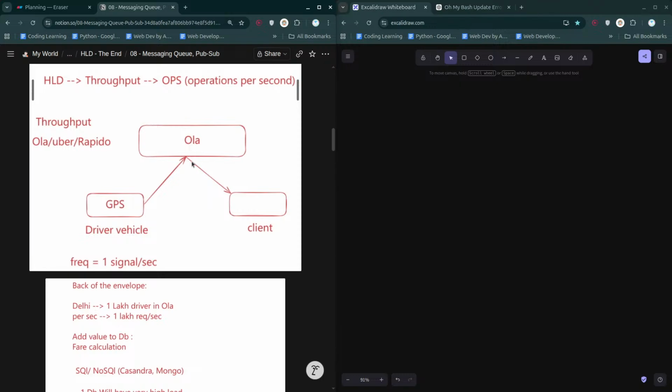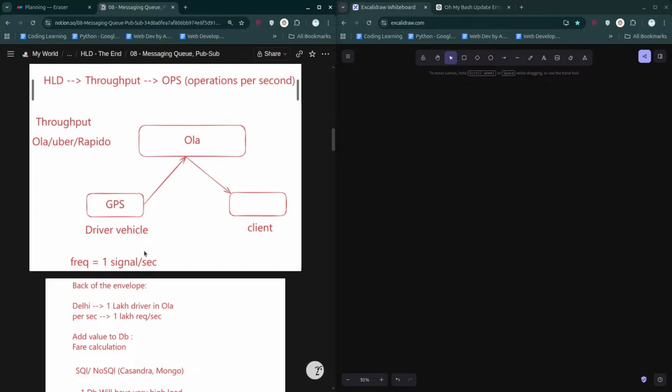So every second, the Ola driver's GPS device, from the vehicle side, sends a signal to the Ola server, because you need to know the current location. The Ola server then sends it back to the client.